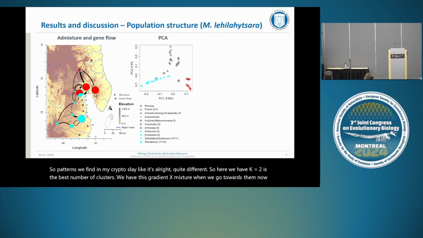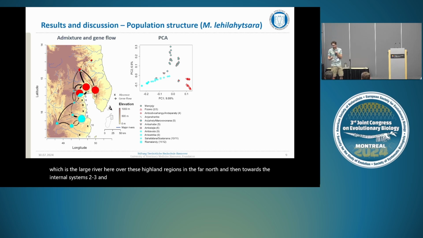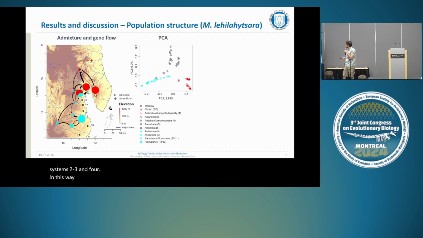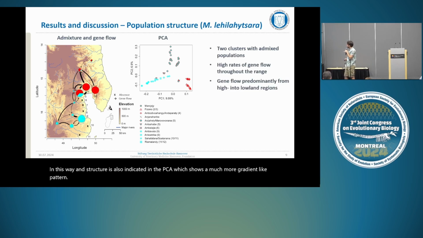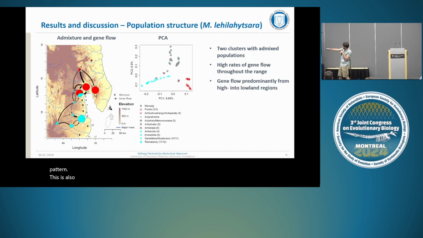So mixture proportions increase when we go towards the north and around this Antainambalana, which is the large river here, over these highland regions in the far north, and then towards the inter-river systems 2, 3, and 4. And this gradient-like structure is also indicated in the PCA, which shows a much more gradient-like pattern. This is also congruent, and then when we look at these gene flow rates in more detail, we find that